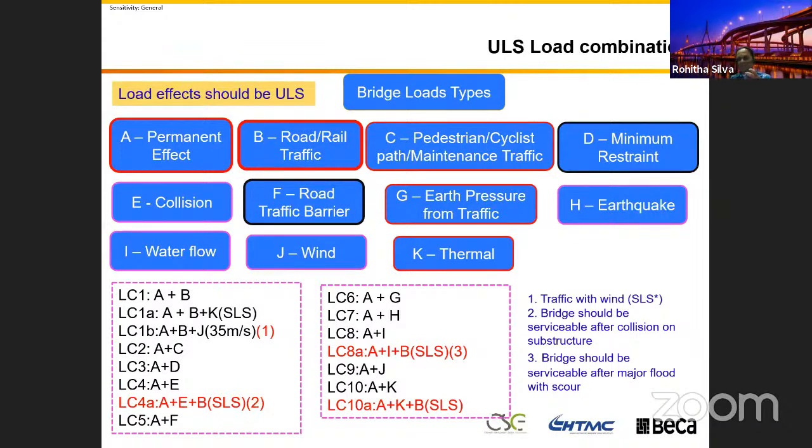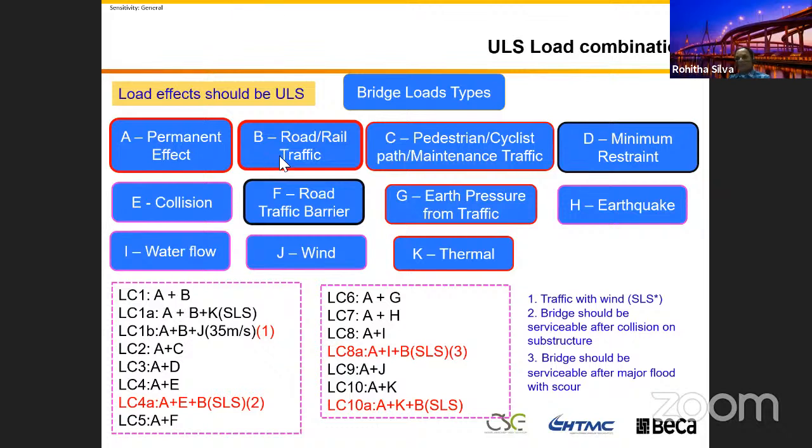You get exactly the same load cases, but in the Eurocode, what the code does is compare the occurrence of this loading. They categorize this load into two different categories, right? We design the bridge for traffic load, therefore its permanent effect is there. The traffic load effect is there. In this ULS combination, I connect A and B together. This is what we design, right? The code says it's better to check